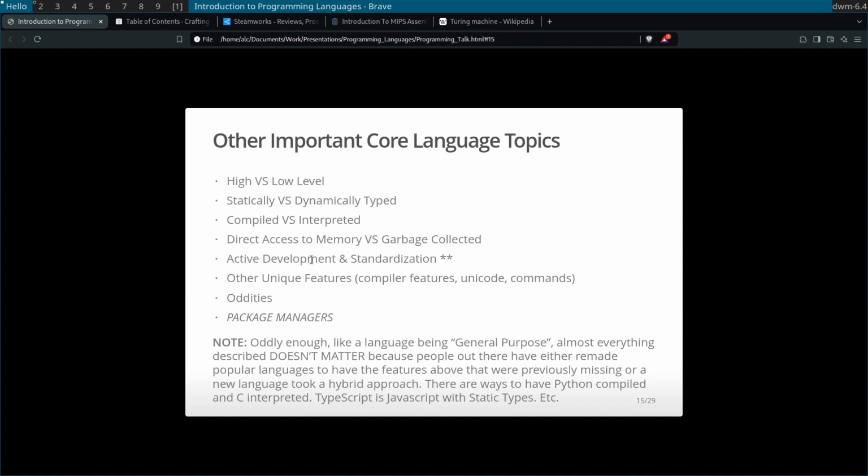Now, sometimes this is not a good thing because you have the transition from a major version, like say Python 2 to Python 3, which has some backwards compatibility but breaks other things. A lot of people were upset when Python 3 was released because it unsupported all the stuff they were doing in Python 2, and they basically had to rewrite their code to fit the Python 3 standards. So sometimes active development is not a good thing, but most people like that stability and the fact that the creators are still trying to improve the language.